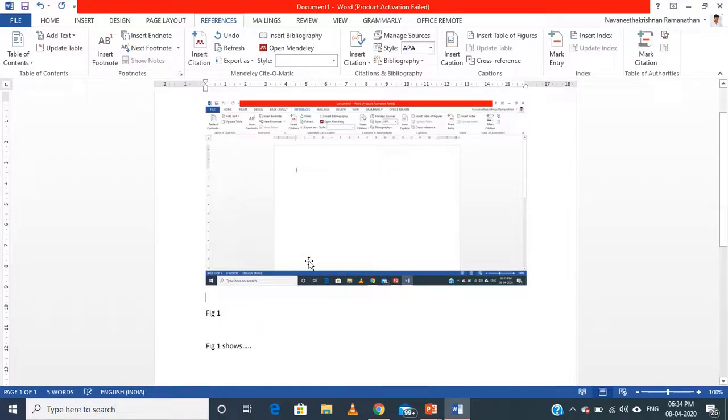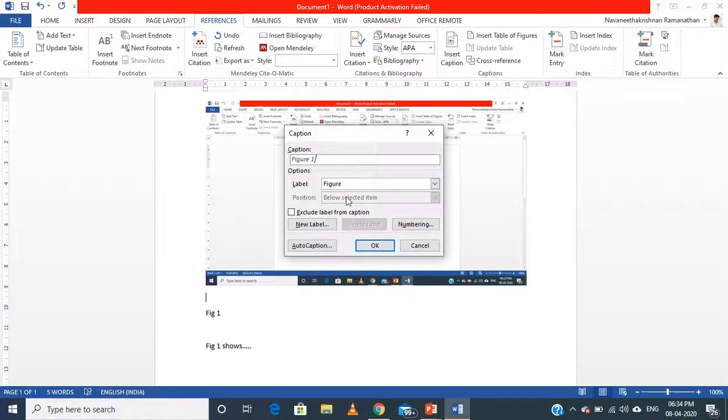After inserting anything, it can be an image or table, go to insert caption and say what it is, whether it is a figure or a table, or even for equations you can give the numbers. So it is a figure. You can also say how it should be labeled, like figure 1 or whatever. And you can give the captions here. Like a screenshot, I'm giving. According to your figure, you can give what it actually is.